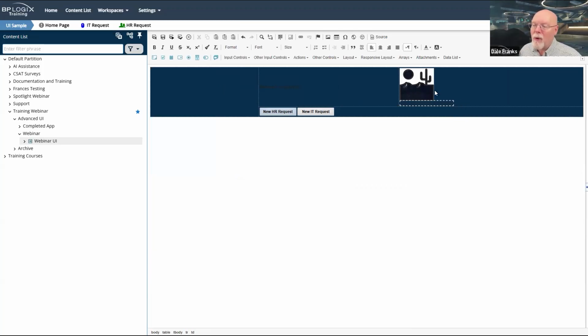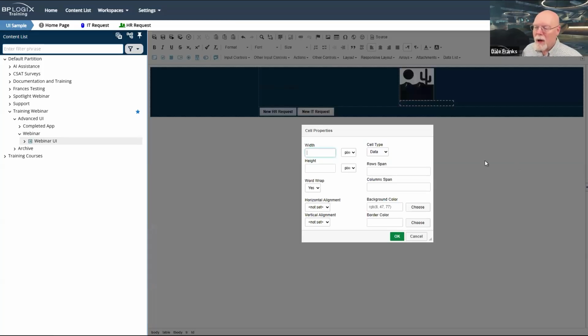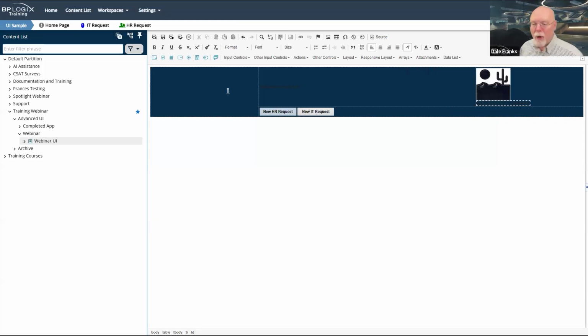Now, for this third column, I'm going to go into just the top cell. And generally, whenever we're trying to set column sizes, we can just go to the very top row and select a cell in the top row, go to cell properties, and we can set its size. So again, we're just going to go with 25%. There we go. And so now we have a table where my first column is 25% of the width, my third column is 25% of the width of the table, and then this column in the middle will be 50% of the table width.